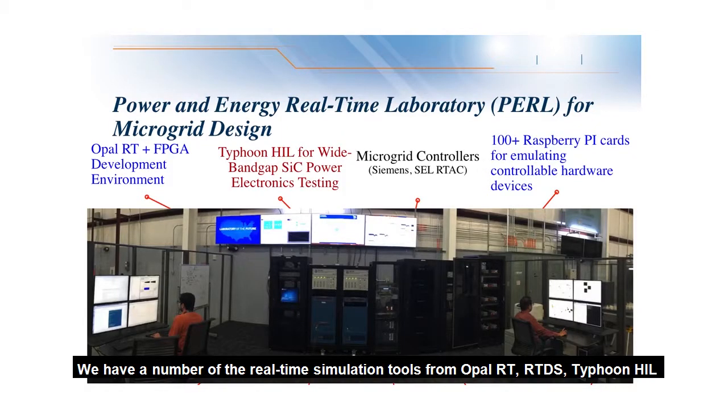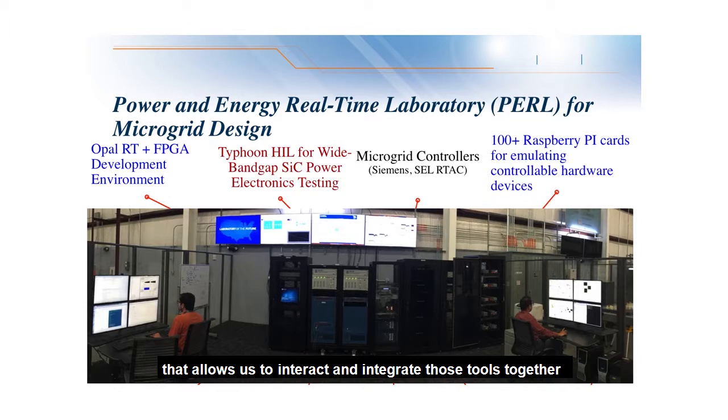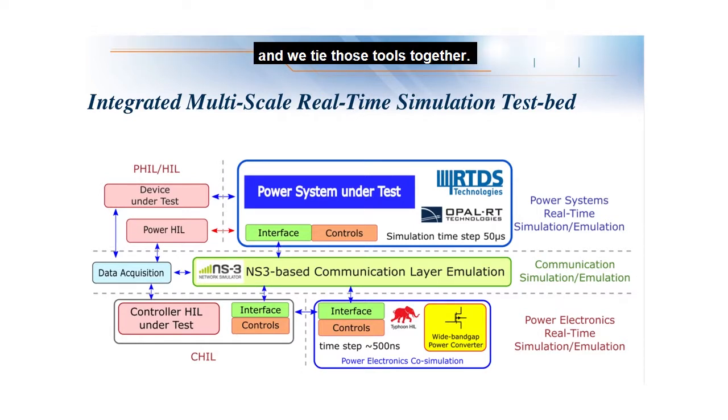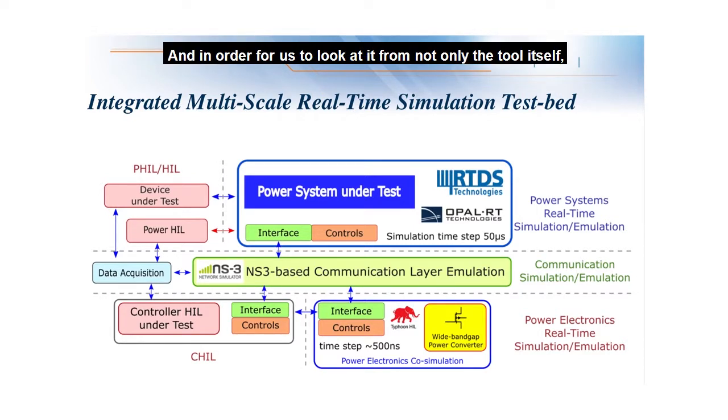We have a number of real-time simulation tools, from OpenRT, RTDS, and Typhoon, that allow us to interact and integrate those tools together in order to help us better design microgrids. We're taking advantage of each tool's resources and capabilities, from looking at communication all the way to hardware in the loop and controller in the loop type testing. The approach we take is an integrated approach where we tie those tools together, so we look at it not only from the tool itself, but also how we use the